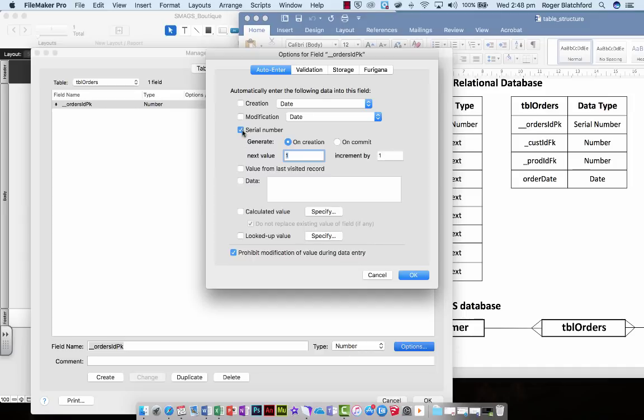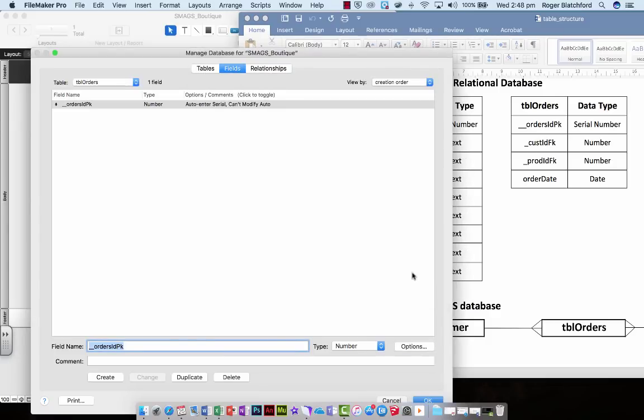Okay, so serial number generated on creation, the next value will be 1, and then it will go up by 1 each time. So the first value will effectively be 1 and go up by 1. We'll go OK. So there we go. We've got our first one in there. Now what's the next one we need to put in? Yep. All right, we'll highlight that and we're going to go single underscore